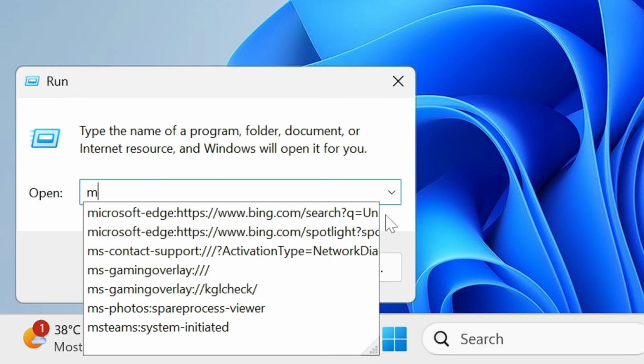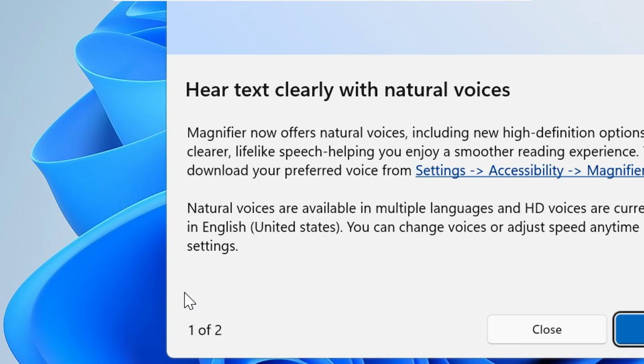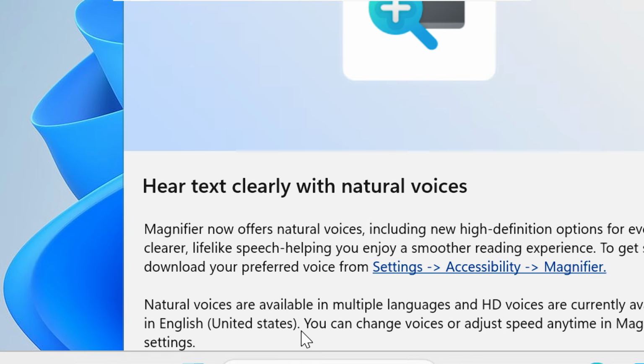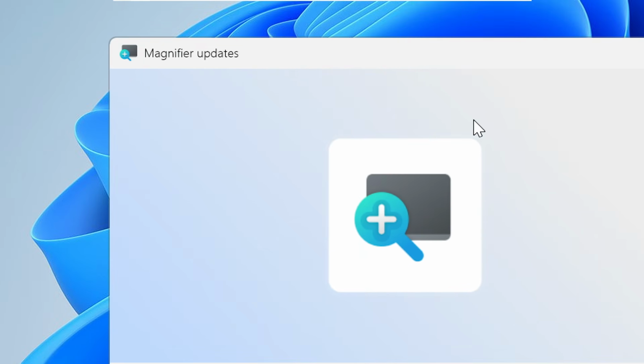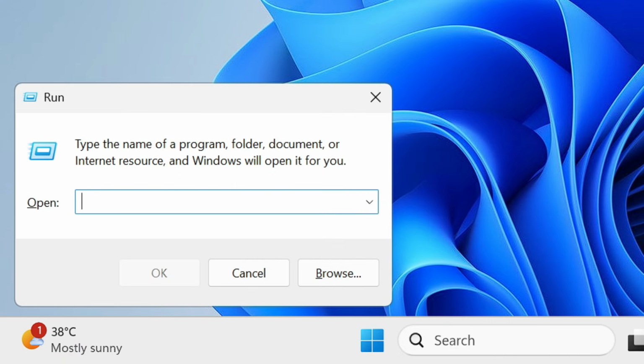Now next, if I type magnify, this will bring up the magnifier for you. And you can see the screen has been magnified. So if you really need to open the magnifier with a simple command, then you can use the shortcut key with the Run box. And now after this, the next command is really a very useful gem, and for that